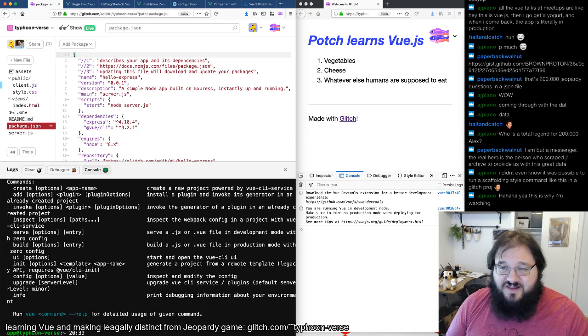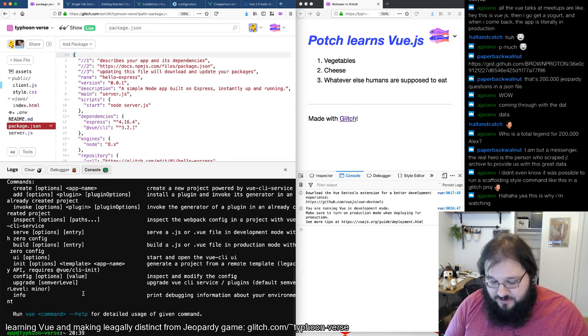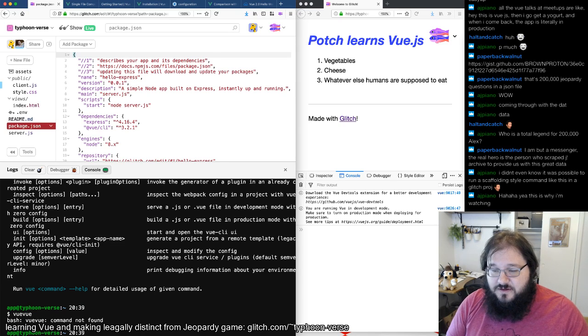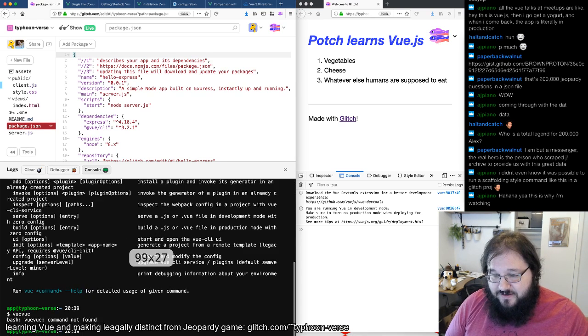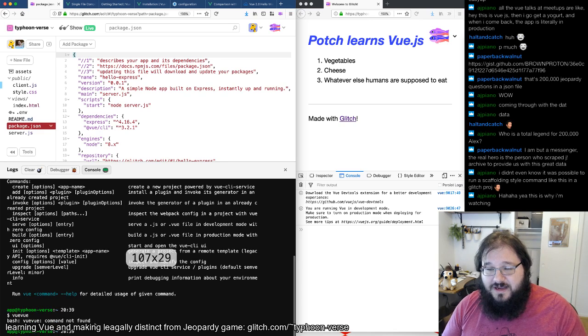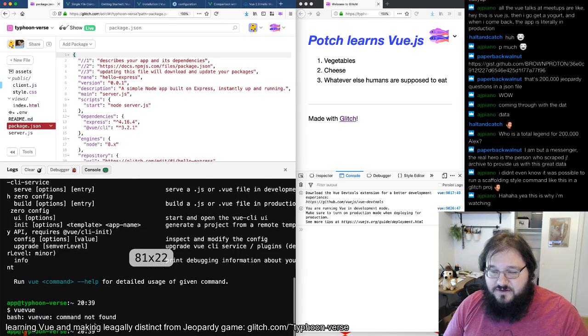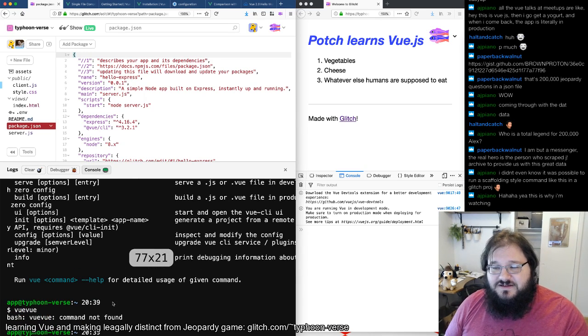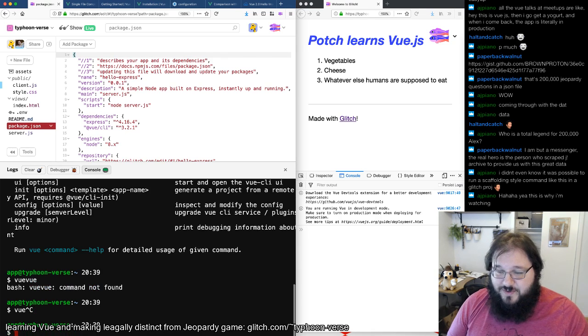I installed the vue-cli, and I believe Glitch helpfully automatically linked the binary from vue-cli into my path, which is super rad. So I should be able to say vue,